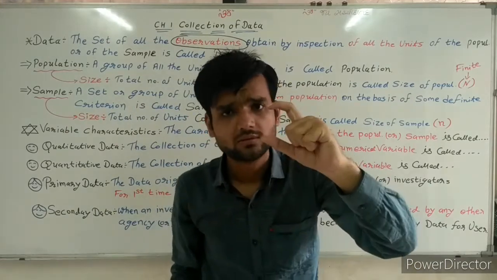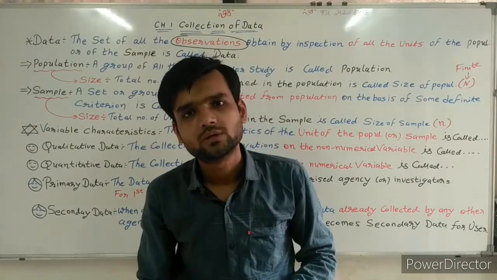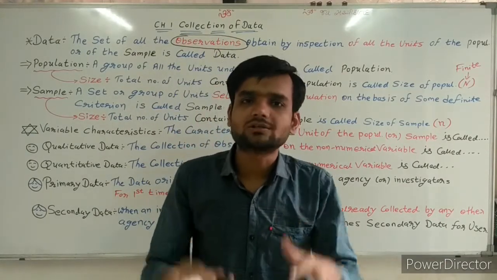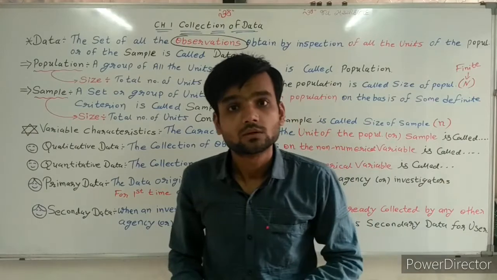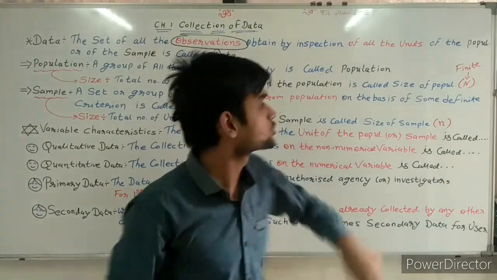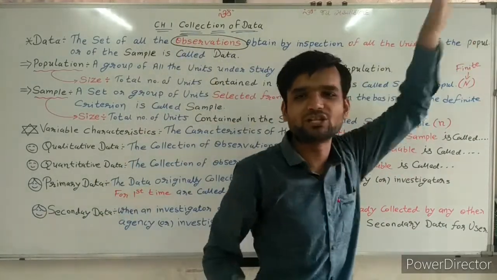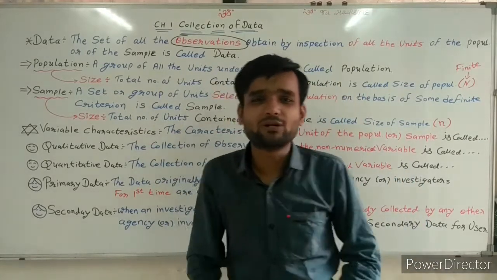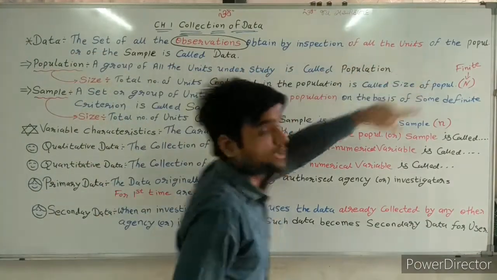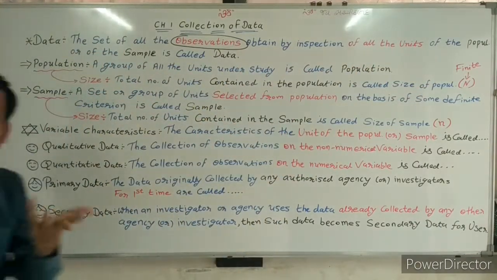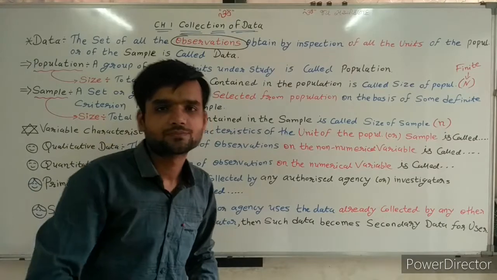In some subjects, many students are not there. You can even compare accounts and statistics. The number of students is not the same there either. Some students may not be in accounts or statistics. So, of all the units, you have to observe all the units of the population. So what is meant by population? We don't know yet. Population, or of the sample. What is meant by sample? That we also don't know. We'll explain it to you. Don't worry about it.